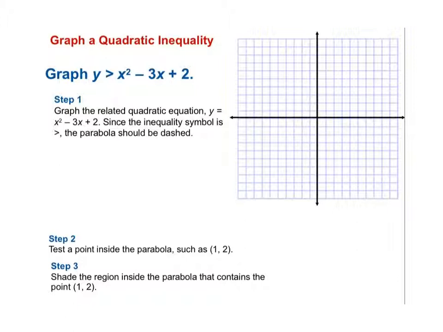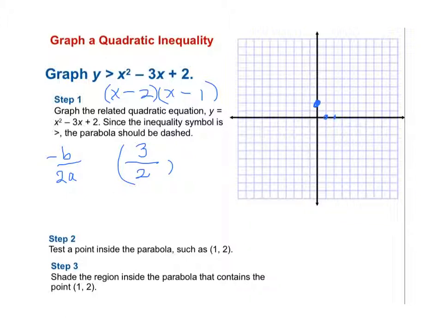So we could plot some points, or we could find the vertex, and we know that A is 1, so it would not have a stretch or shrink. So real quickly, I'm going to do negative B over 2A, and that's going to get me positive 3 over 2, and that will be the x-coordinate of the vertex. And then I also know that it has a y-intercept at (0, 2), because of the standard form of that equation. If I factor this, I would have (x - 2)(x - 1). So I have zeros at 2 and 1,